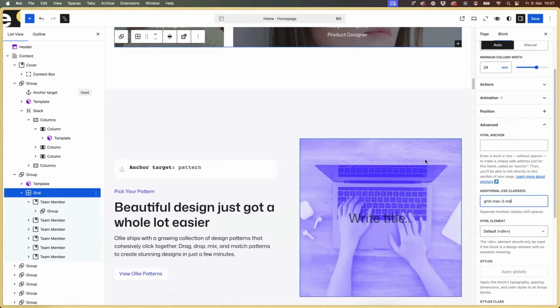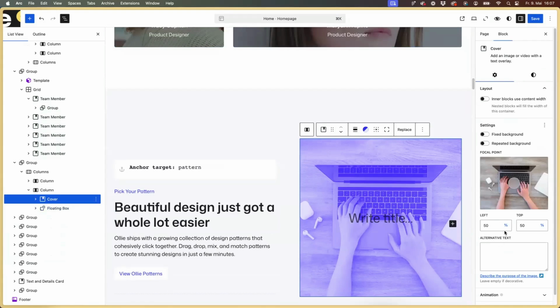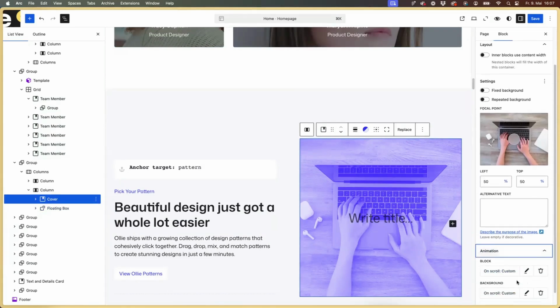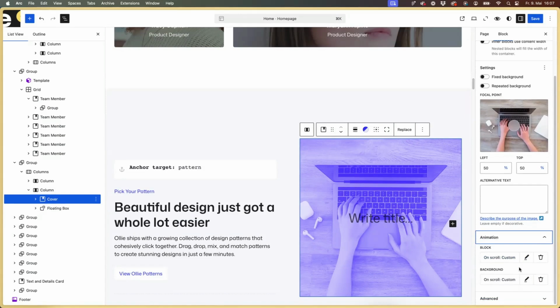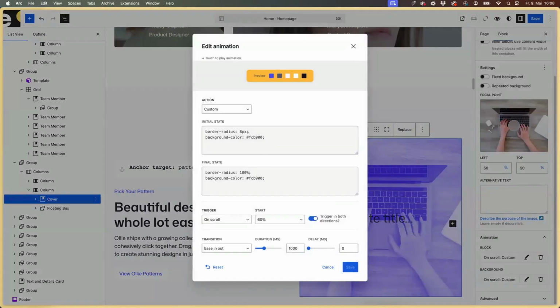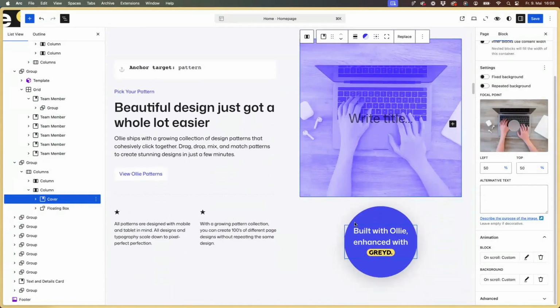Okay, next thing here, cover block. This is the image animation. Here we did go crazy. We have a block animation and a background animation. And in here, we, for example, change the border radius and we change the background color at a certain point. The element down below